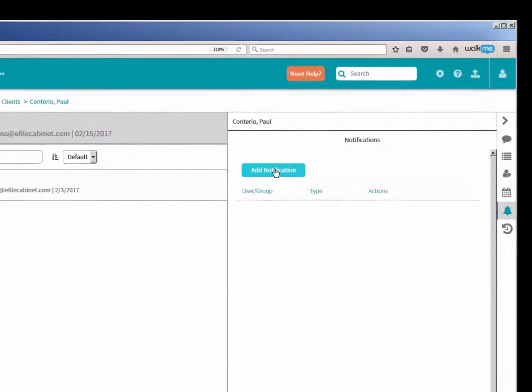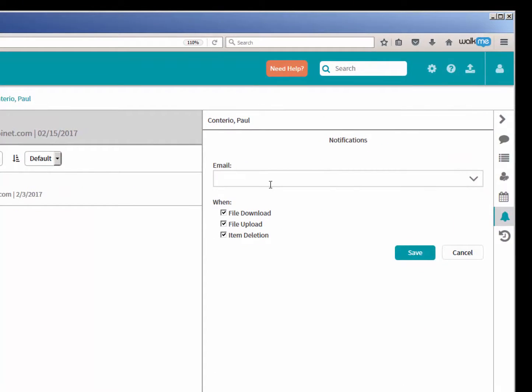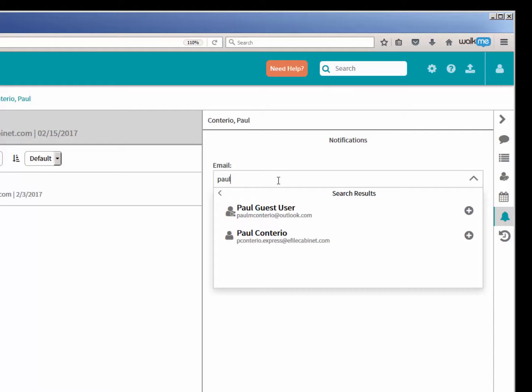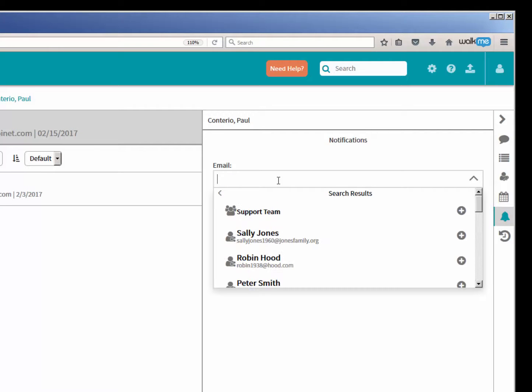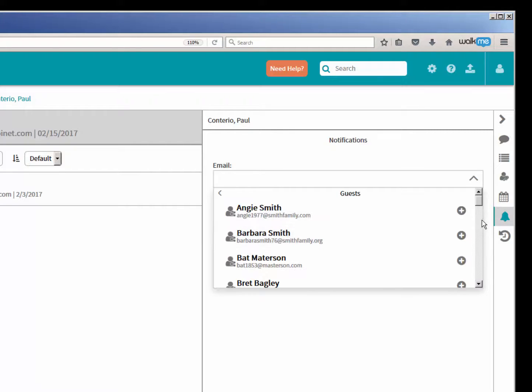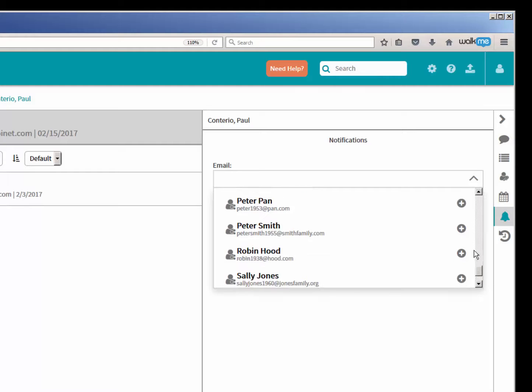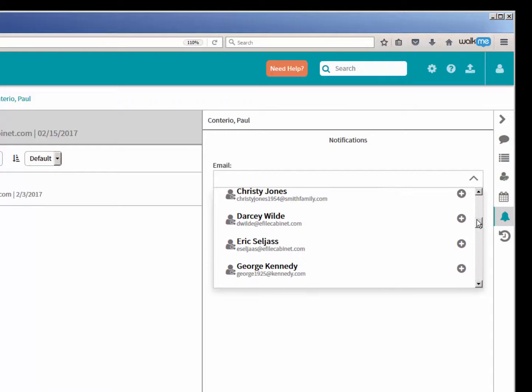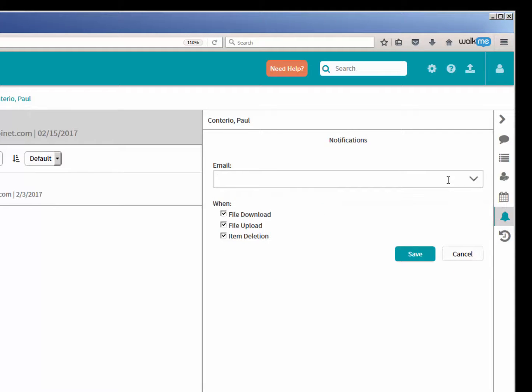So when I click on this button, it opens up this window. And from here I can do a universal search for Paul. Okay, that's easy to do. Also, it allows me to go to either the guest users, the users, or the groups. So if I go to the users, you're going to see just me in there because I'm the only user. Okay, if I go to the guest users, you'll see all of my guest users in there. So I can either do a search or just eyeball it. And if I go to my groups,